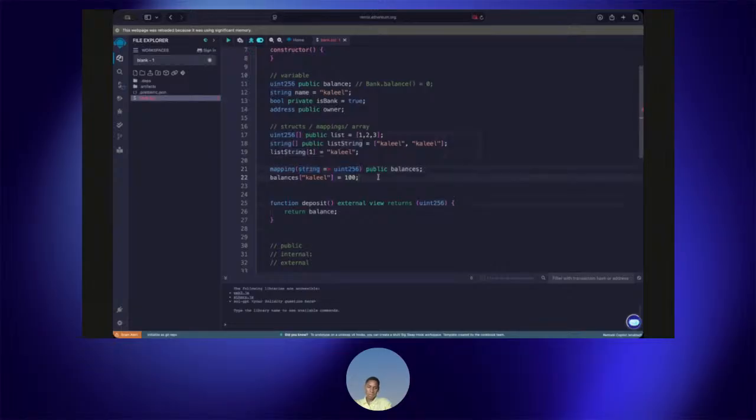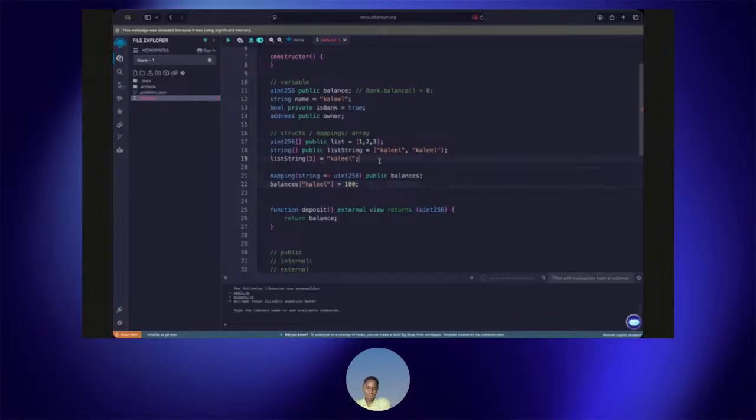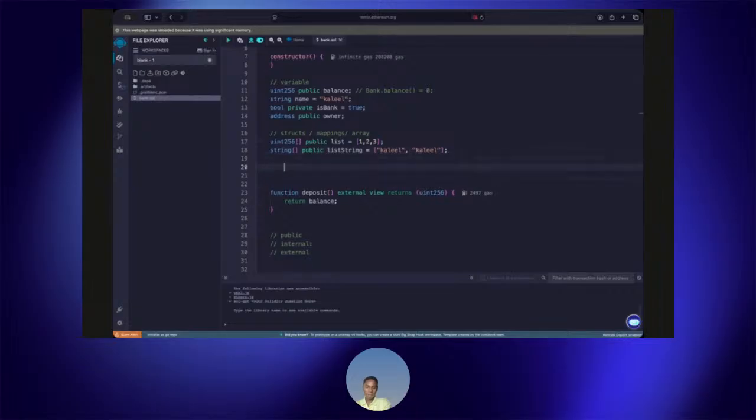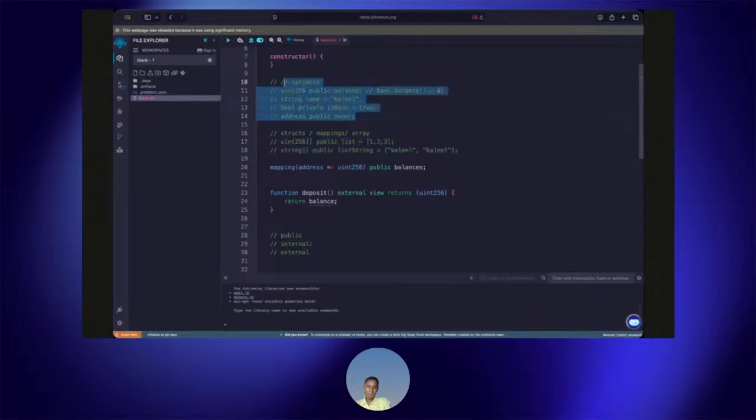We are going to write our smart contract in such a way that we can get many people to register and then store their balances. So we are going to start writing the serious code now, which is a mapping, and we are going to declare an address to a uint256. In this case, the address is the address of the person depositing, or the owner, and the uint256 serves as the amount we are going to store, or the balance. So balances can be this, and I'm just going to comment out this because we don't need it anymore. Comment out this and this.